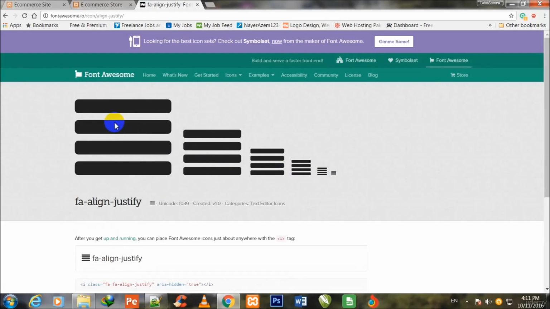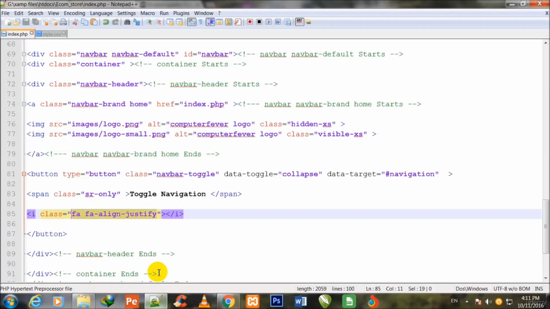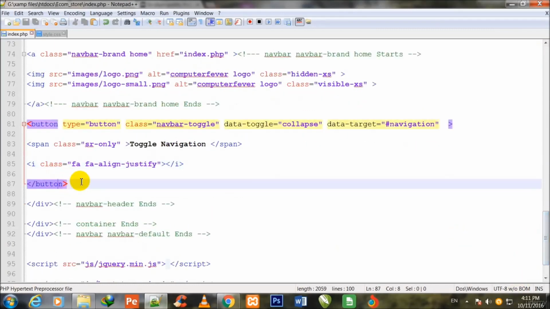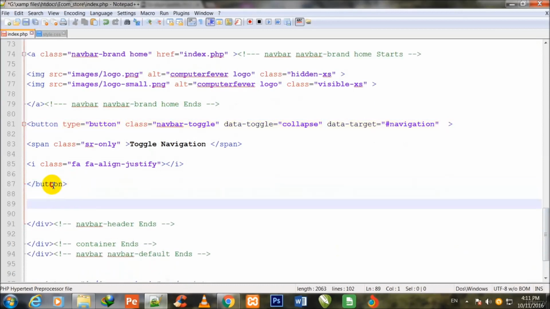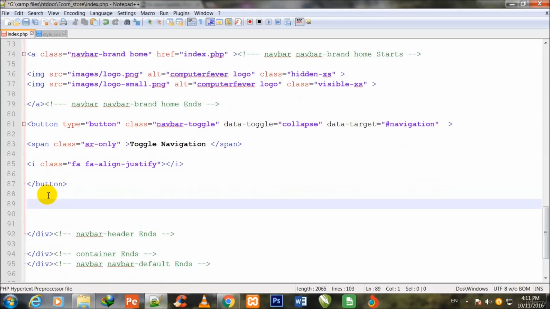This icon is for bigger screen, then the medium size, then more medium, and then full smaller screen. So this icon I have written here. The name of that icon I have written here. So I come out of this button, closing the button tag,